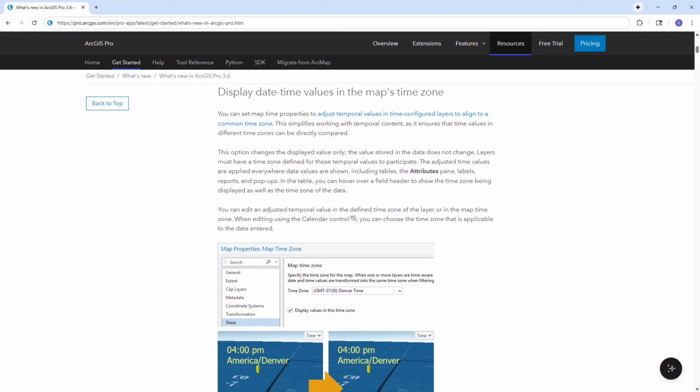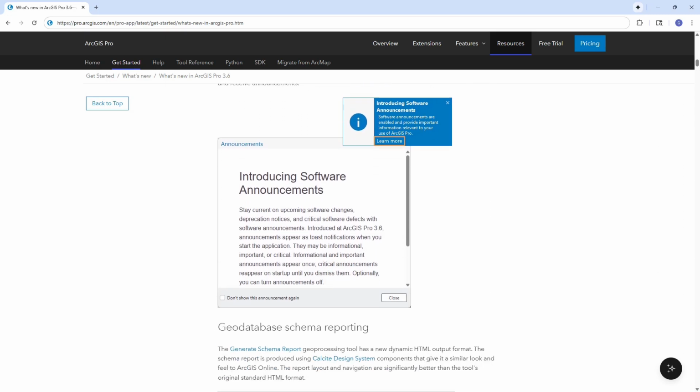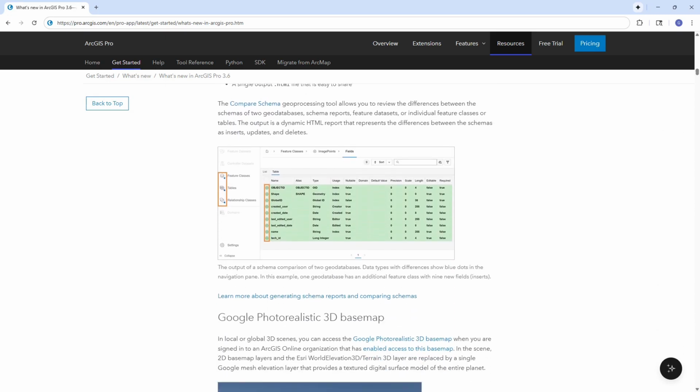Those were the top items for ArcGIS Pro 3.6. For a full list of everything new in this release, please read the What's New documentation for